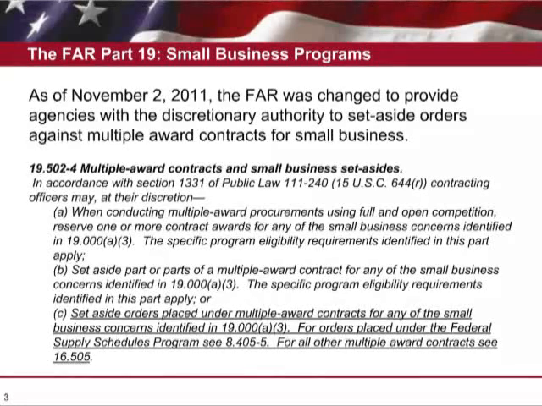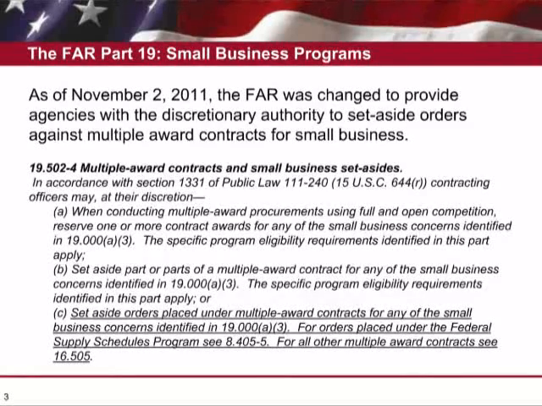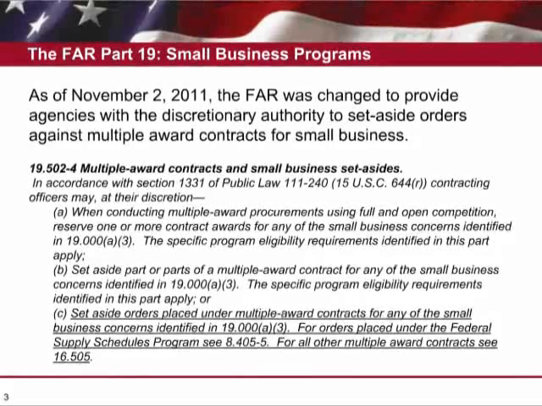Now, if you're familiar with that FAR case, you might note that the FAR rule is a little light on details, or you will notice as we go through this slide and other slides. And that's because basically the intent of the FAR rule was simply to turn on the ability for agencies to set aside orders. Prior to November 2nd, you could not do small business set-asides under schedules. Now, it's expected that more detailed implementation guidelines will be provided in a forthcoming SBA proposed rule.